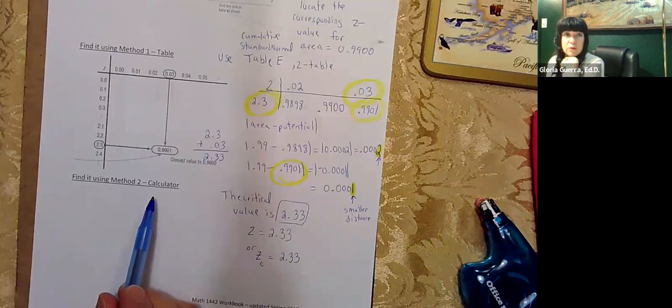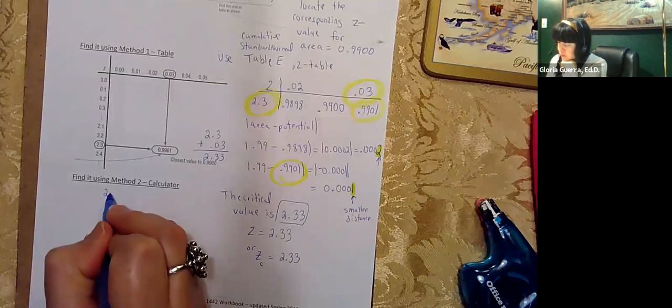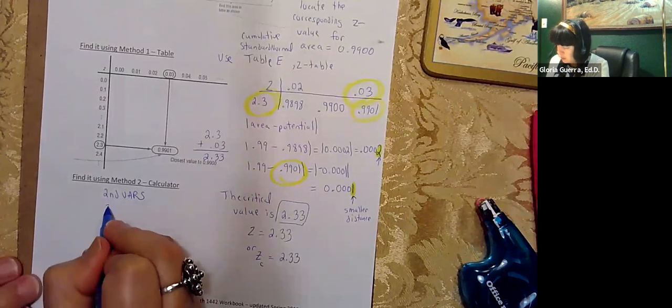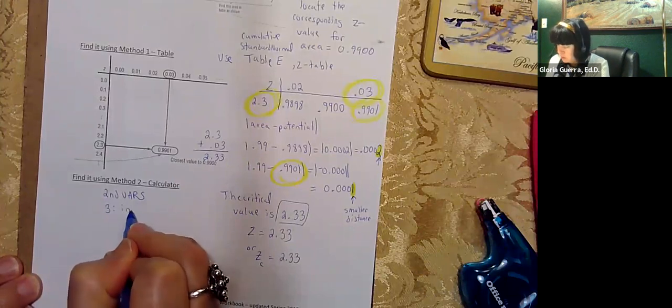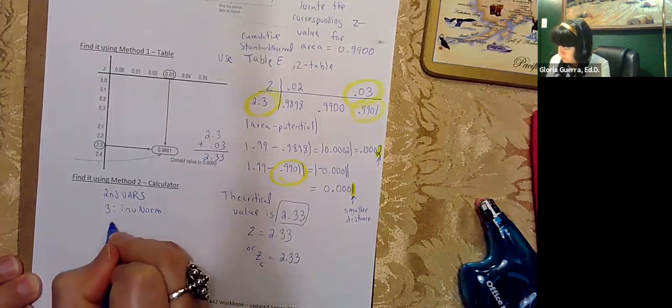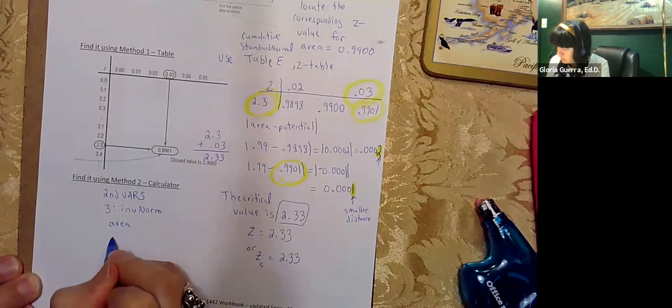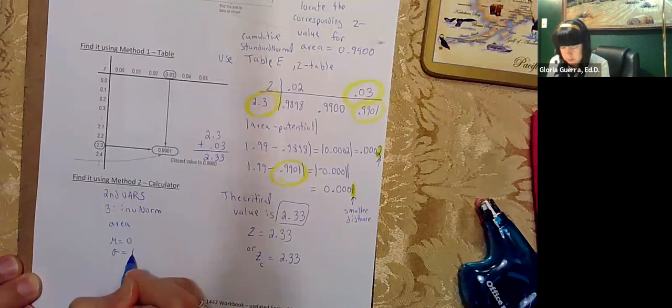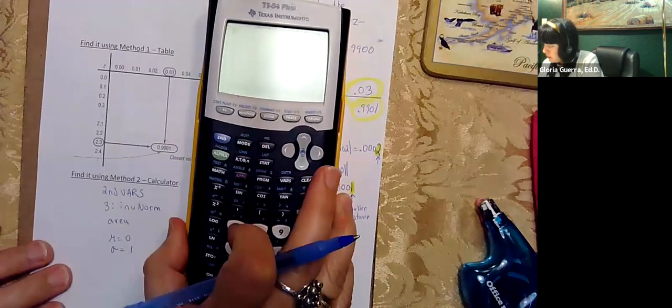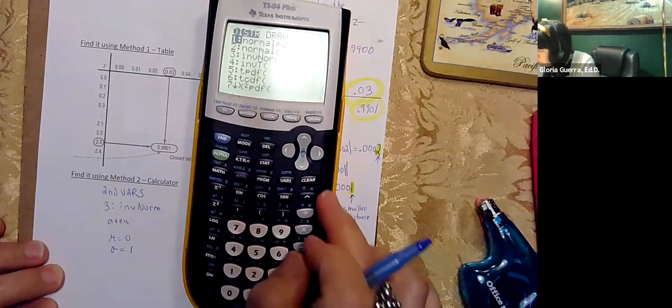And if I do that using the calculator, most of the time it comes out the same, but sometimes, last week, there was a discrepancy when I was doing that with one of these. In my remote classes, there's a little bit of a discrepancy, just off by like a hundredth of a digit. But here, mu would be 0 and sigma would be 1. And so here, if you use second vars, and number 3,